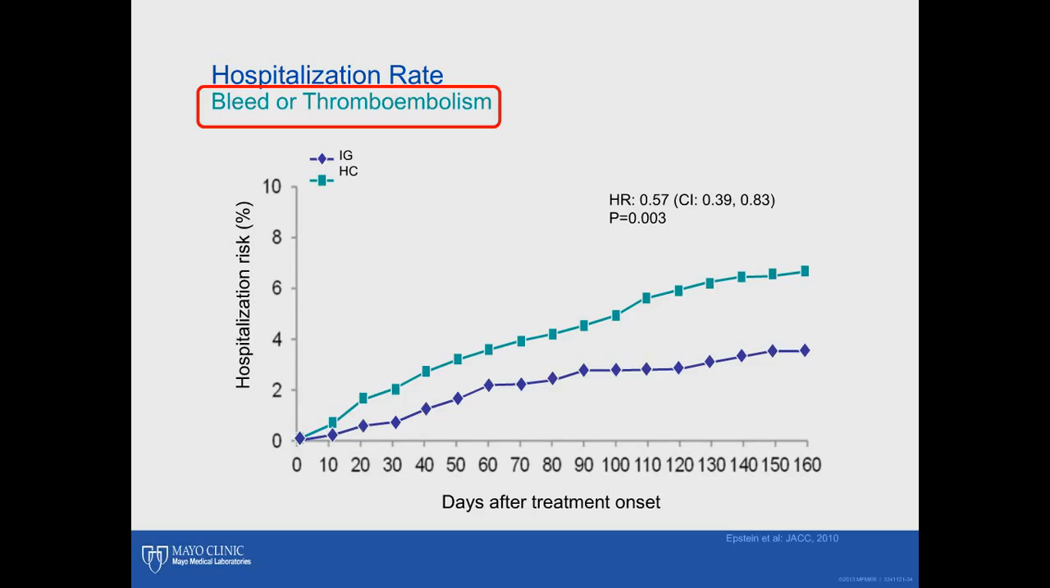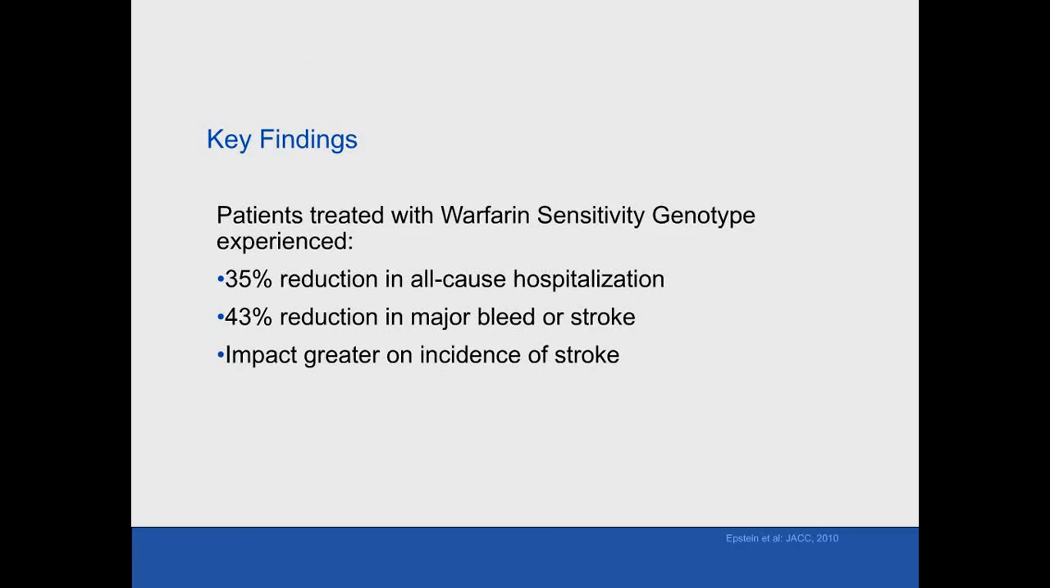So there was about a 50% reduction in hospitalization rate for bleed or thromboembolism based on whether a patient was treated with or without warfarin genotyping. So a fairly significant hazard ratio. You have about twice the hazard of becoming hospitalized during the first 6 months following warfarin therapy if you're treated without warfarin genotyping. The key findings: patients treated with warfarin sensitivity genotype experienced 35% reduction in all-cause hospitalization,